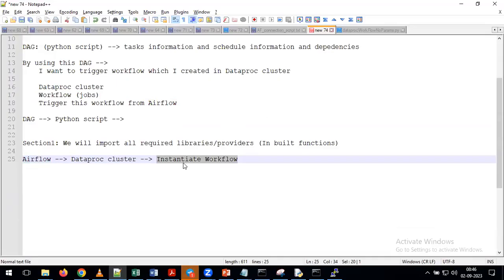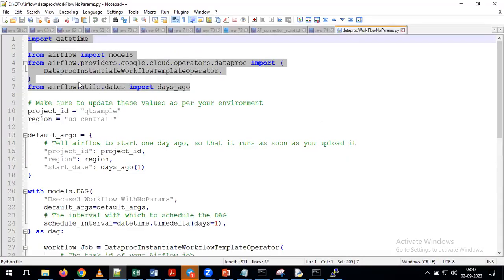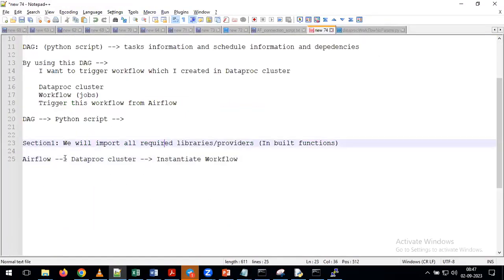Now, to perform this activity, there's no need to write the code from the scratch level. We already have pre-built functions in Python or in Airflow. For that reason, we need to import all those pre-built functions. Where are we going to import them? In section 1. Now, if you want to understand what libraries we need to install to perform this activity,